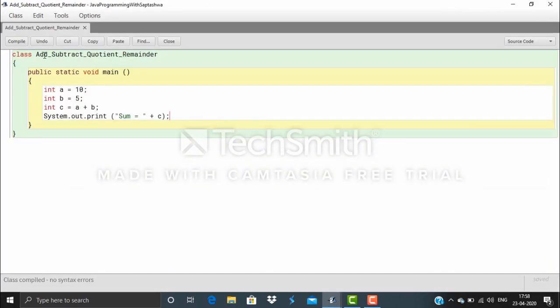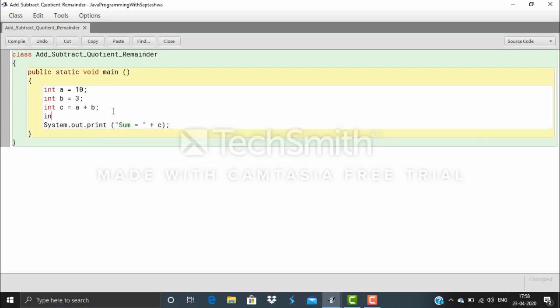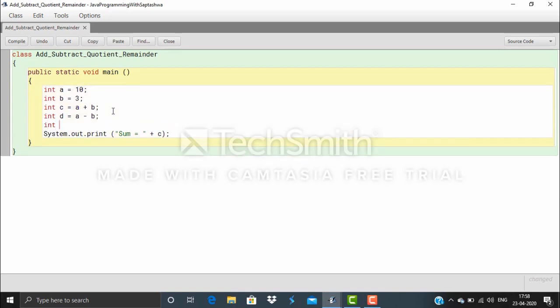Now I have to add, subtract, and find the quotient and the remainder of the two numbers. I am given the two numbers as 10, and let me change the number 5 to 3. Now I have to write int d equal to a minus b. Here minus is used for subtracting two numbers.